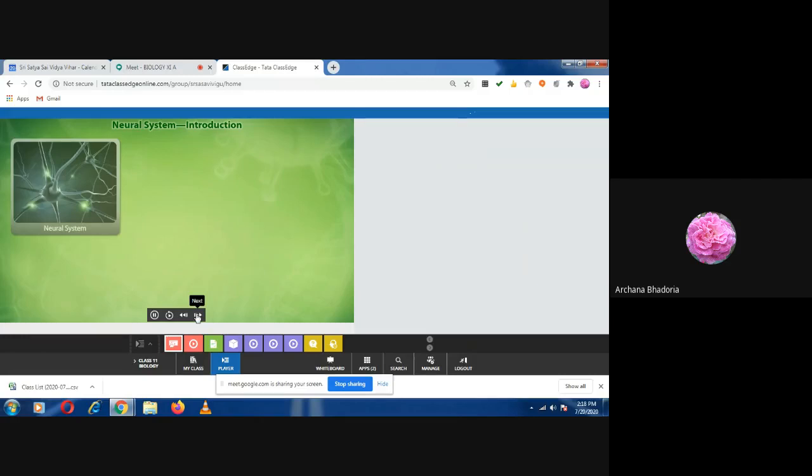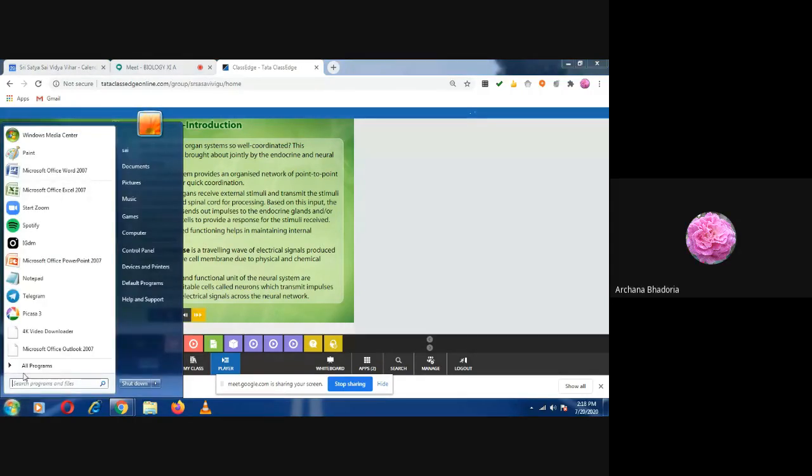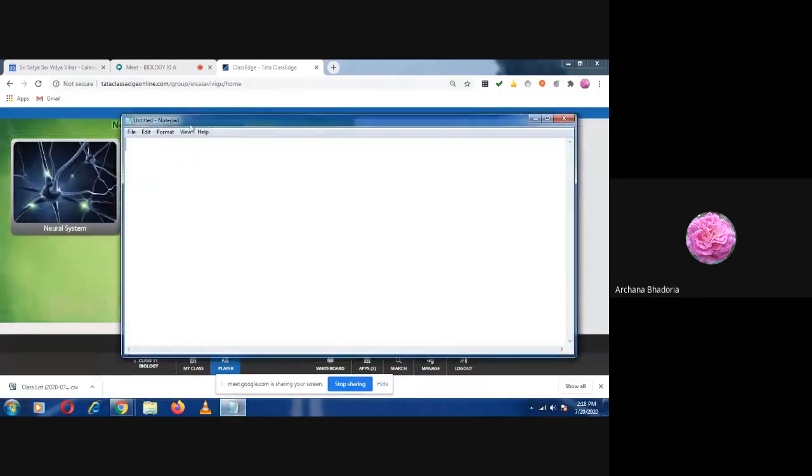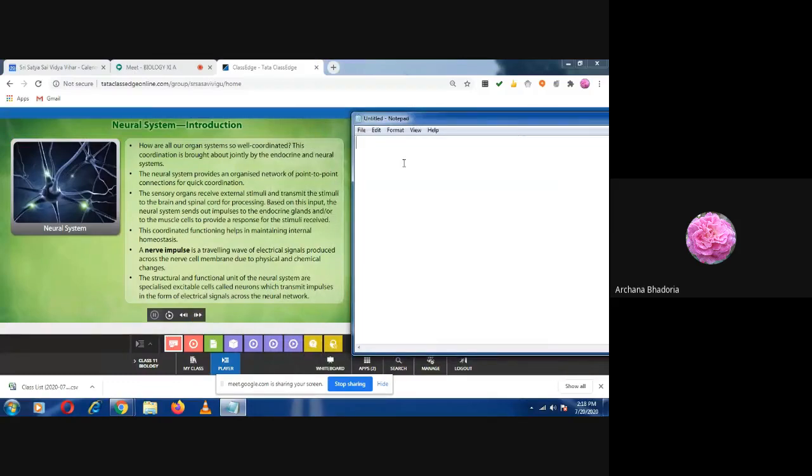Now the nervous system, whatever components you have written, try to understand it is made up of nervous tissue. And this nervous tissue is made up of a special cell. What is that cell called which makes up the nervous tissue? Neuron, or the nerve cell. Okay, so neuron or the nervous cell.